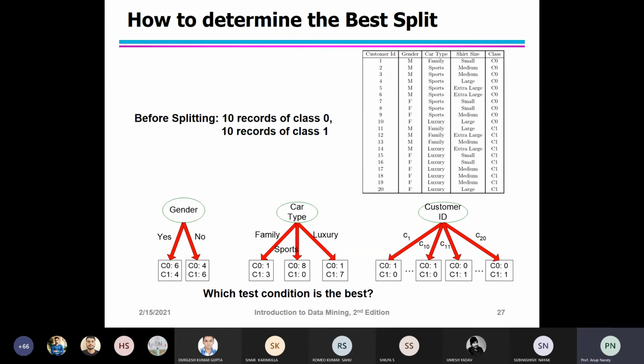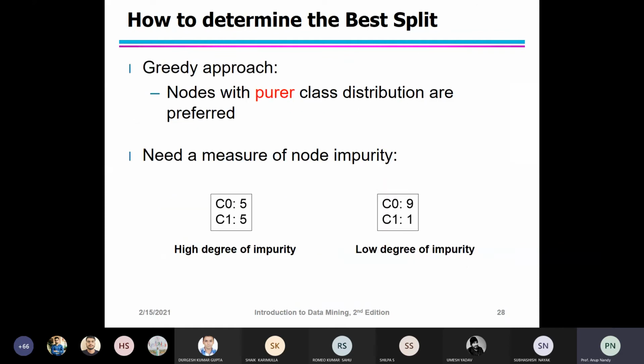First you need to know what those measures are, and afterwards you need to apply them. So how do we determine the best split? We first apply a greedy approach. Nodes with homogeneous class distributions are preferred. What does it mean? It means that, suppose you have...